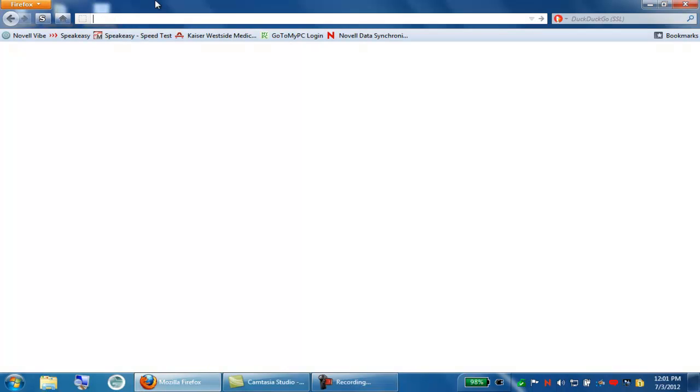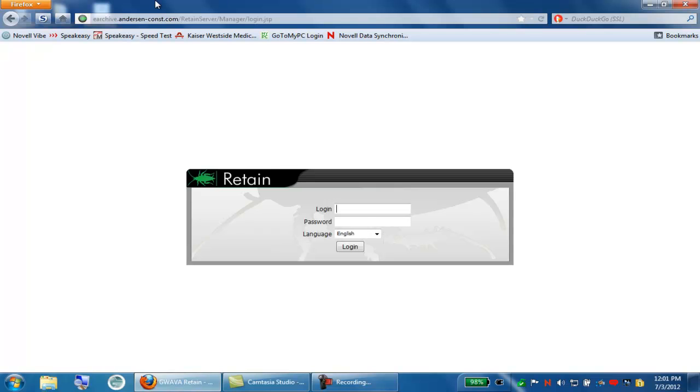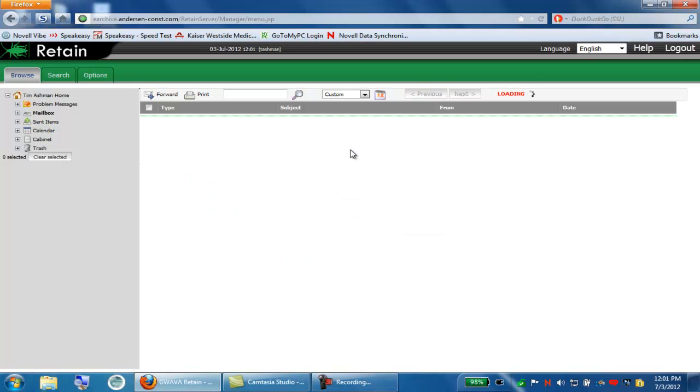Open up any web browser and type in earchive.andersen-const.com. This will bring you to the login page. From here, you use your actual email login and your email password. If your email password happens to be blank, you will need to change that before using this system, as it